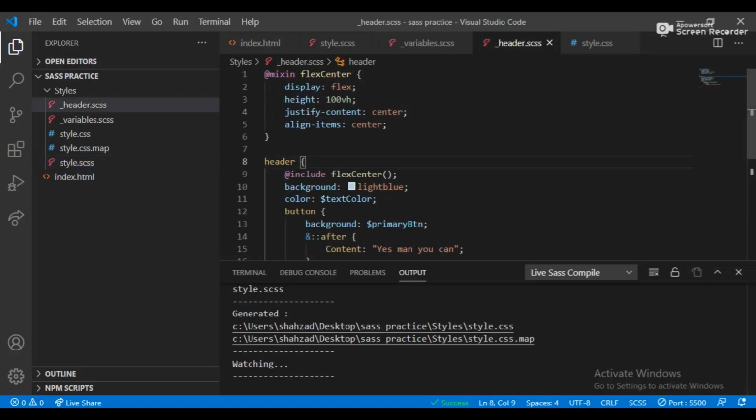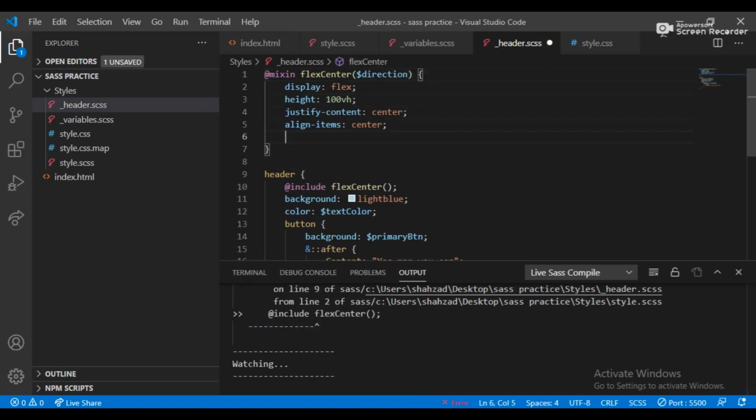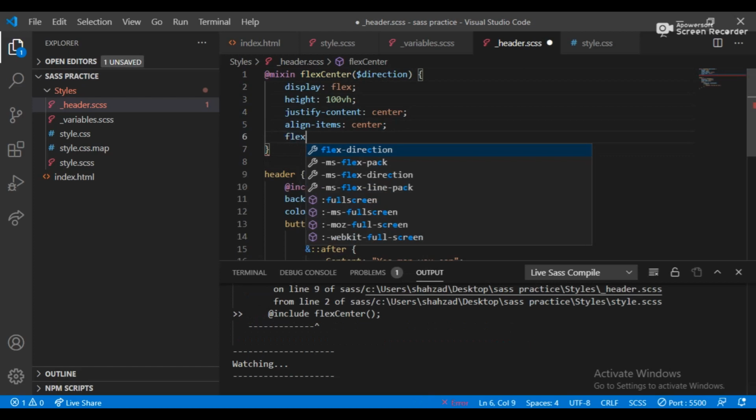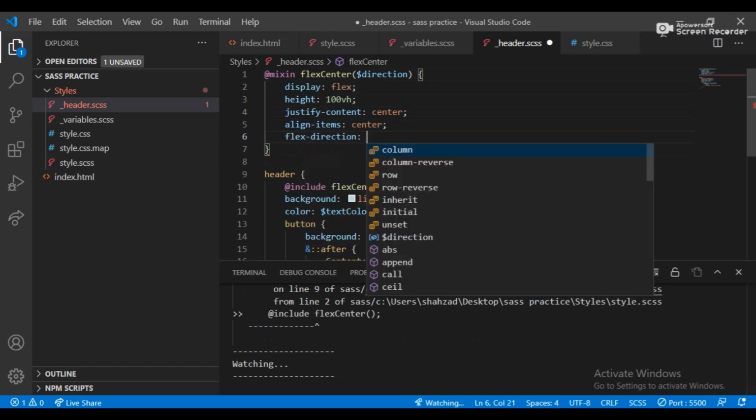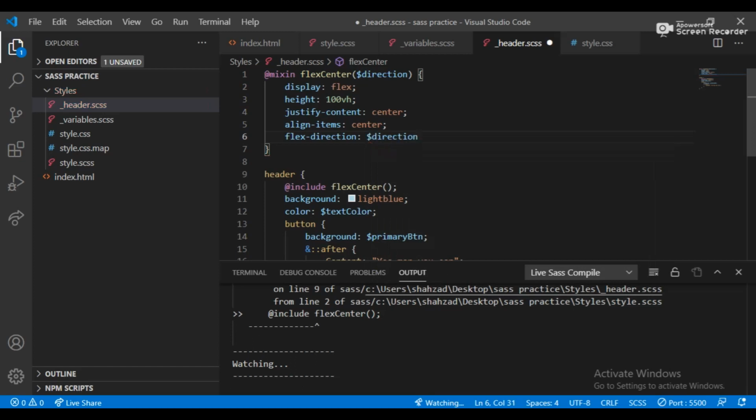In the next thing, I'm just creating the parameter for particular flags. So I just want to add the column. So now you just need to create the variable. It's a parameter about the direction, right? So I'm just defining the flags direction, and I add the parameter here about the direction. And when you call this flag center, you just need to pass the value of the direction. I'm just adding the column.